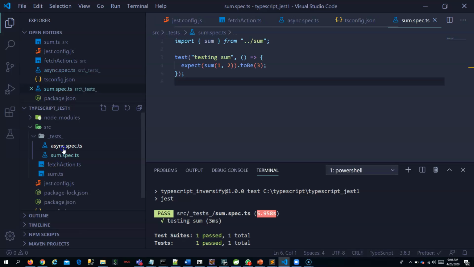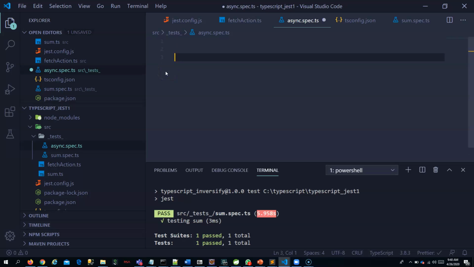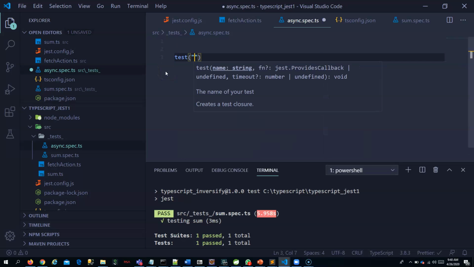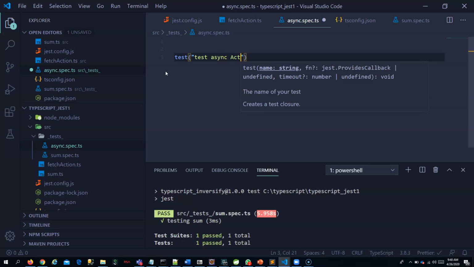Now what I will do, you can do the same thing we did for normal Jest. We will write a test, test async action maybe, and inside that you write the code.